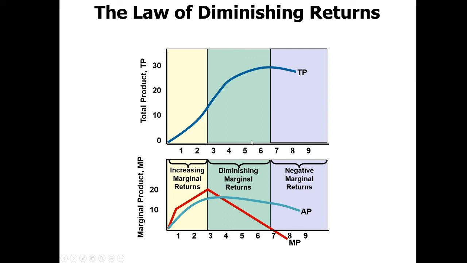Now let's look at this, and we have marginal product intersecting average product. I want you to look at that, and I want you to think about at what point on the average product curve is the marginal product intersecting it. That's the last bit that we're going to talk about, and then tomorrow we will focus on some costs. But I want you to think about that question about marginal product intersecting average product at which point.